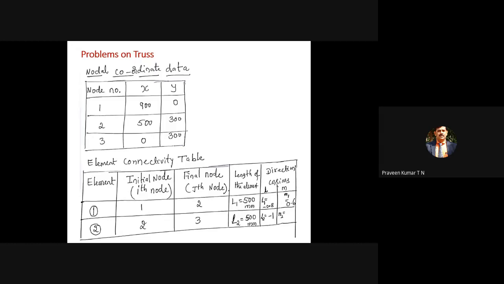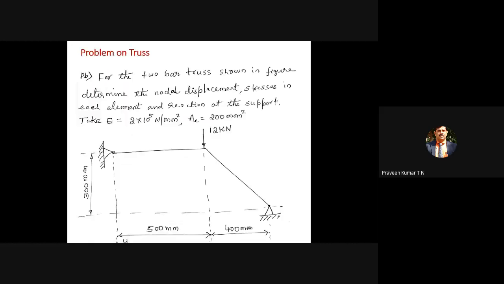Now we can get the coordinates also. These are the coordinate points: the X coordinate for element 1, the node 1 x coordinate, node 2 x coordinate, and node 3 x coordinate. I think you can see here. So this point is referred to as 0. The left and bottommost point is referred to as x0 and y0.